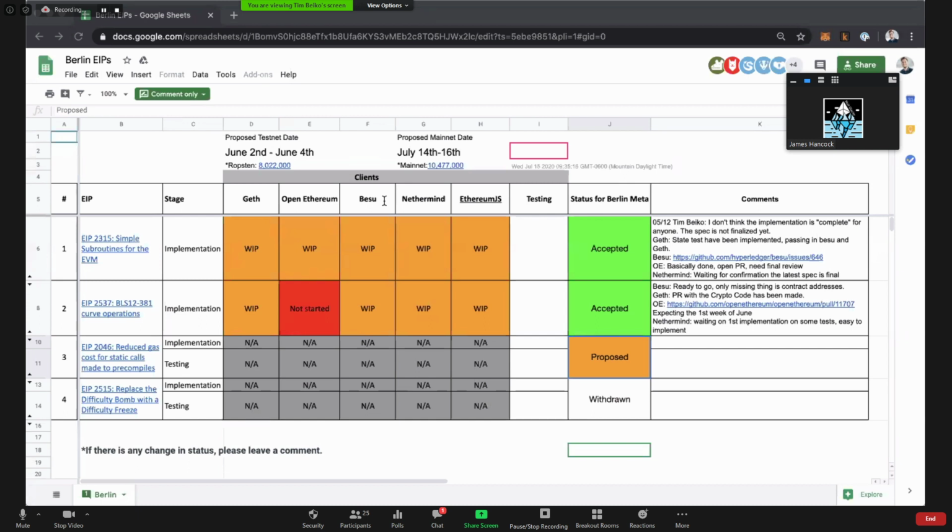So EIP 2315, simple subroutines. If I could get just status updates from each client, and we'll just go through the ones for Berlin, which is the 2315 and the 2537. Starting with Geth. Peter, go ahead. Just to say that, as far as I know, the spec isn't even completely final yet. So